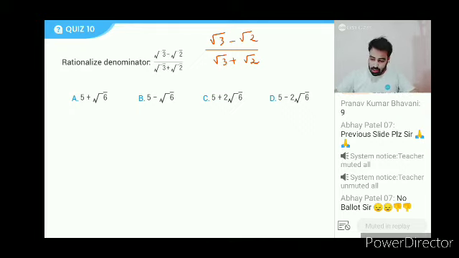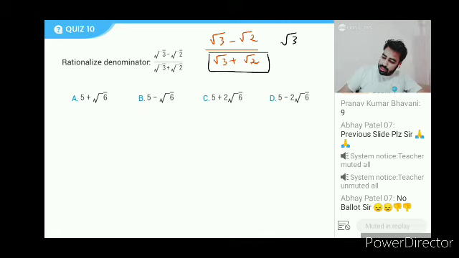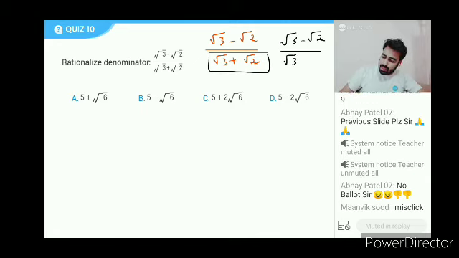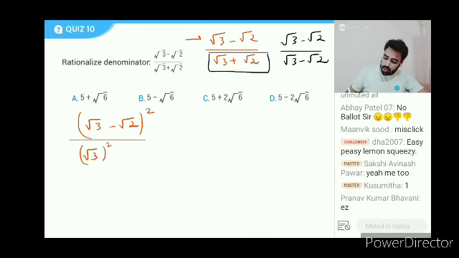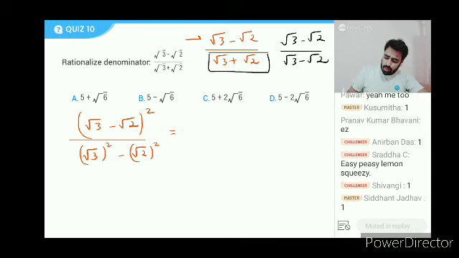Okay, let's start the countdown now. 10, 9, 8, 7, 6, 5, 4, 3, 2, and well, let's finish it. So I will focus on the denominator. The denominator is root of 3 plus 2, which means the rationalizing factor is this. Very simple. After some time you will understand, ये तो बहुत simple है. The numerator is root of 3 minus root of 2 whole square. The denominator is (root of 3 plus 2)(root of 3 minus 2), that is root of 3 square minus root of 2 square, which is going to be 1.